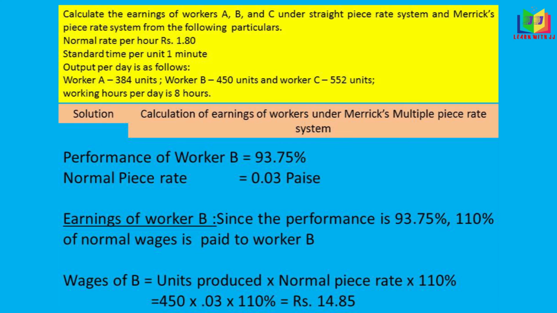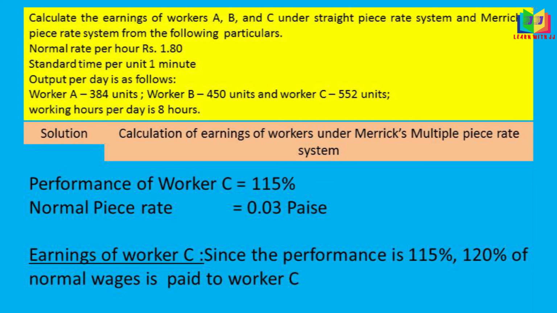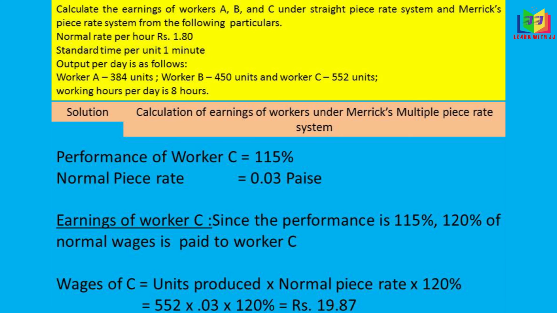Units produced is 450 into 0.03 into 110%, so he gets 14.85 rupees. The performance of worker C is 115%, which is more than 100%, so he will get 120% of normal wages. Units produced by worker C is 552 into the normal piece rate 0.03 into 120%, so he gets